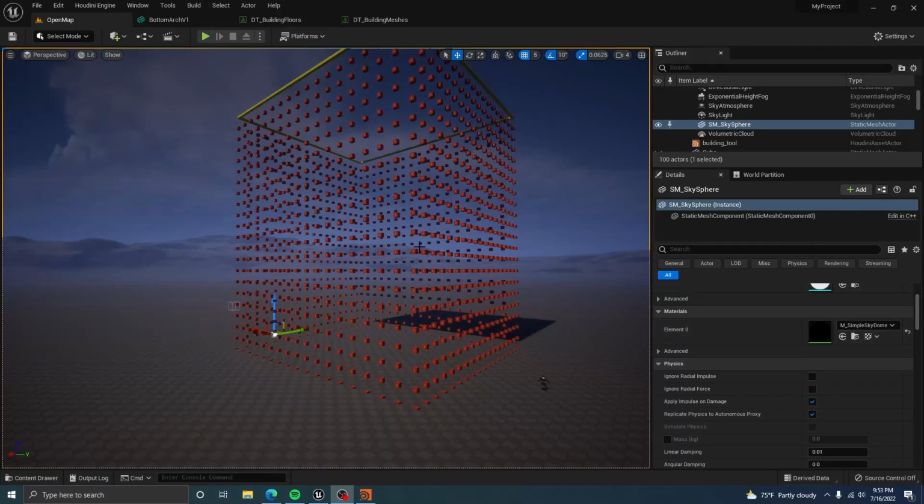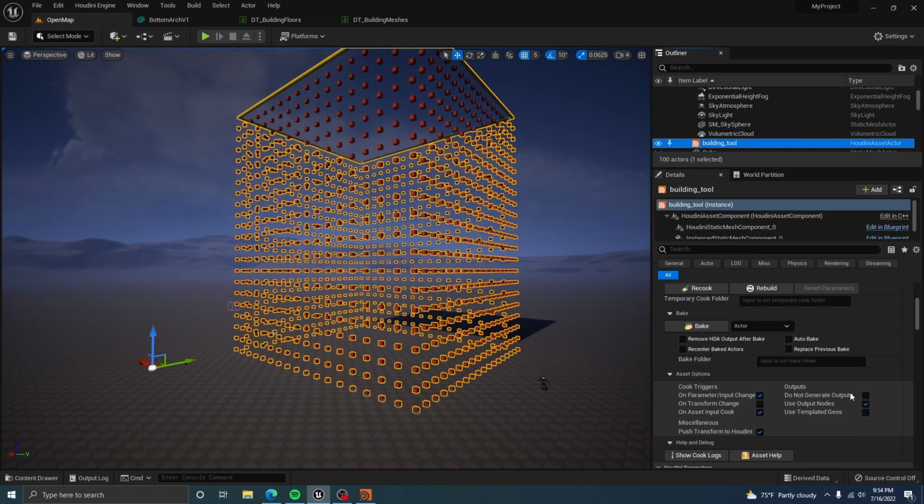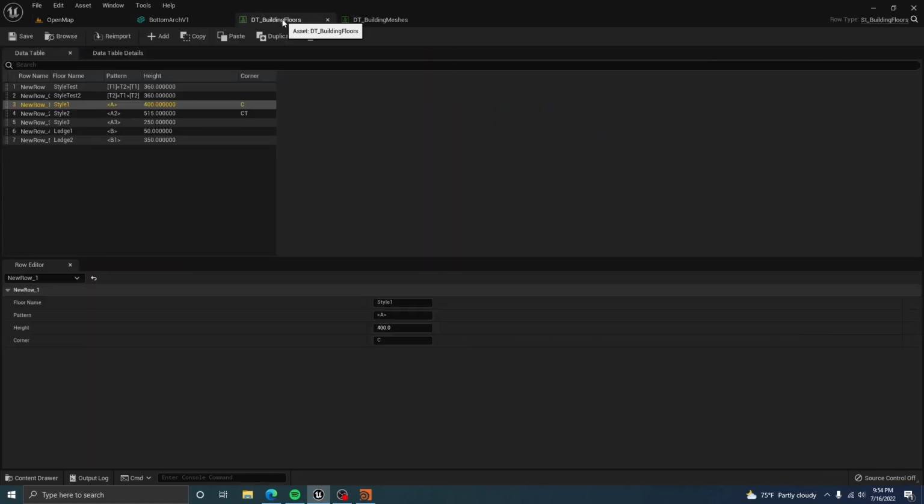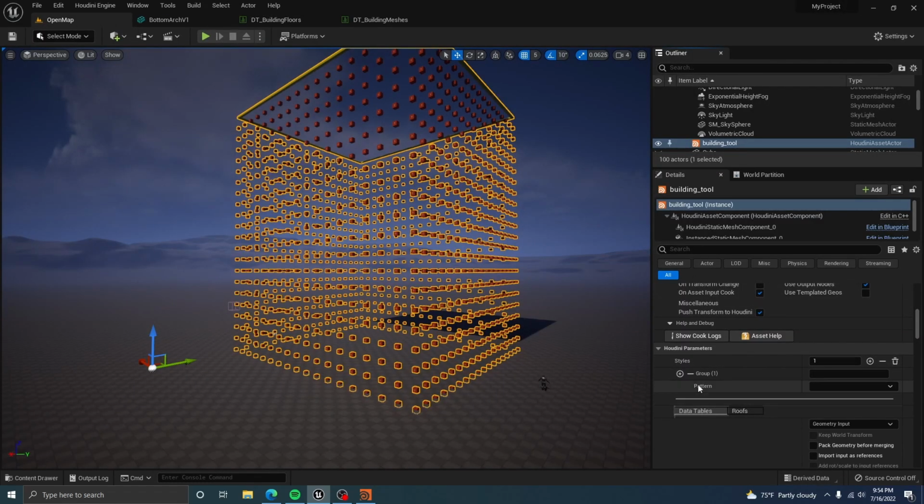Hello. So today I'm going to be talking about creating a menu with Python code in your HDA that will auto-populate based on your given data table that you made in Unreal. Here I have the floors data table, and I'm going to be reading this floor name right here. And I'm going to be giving it to my building tool here in this pattern menu based on one of these, and it's going to automatically